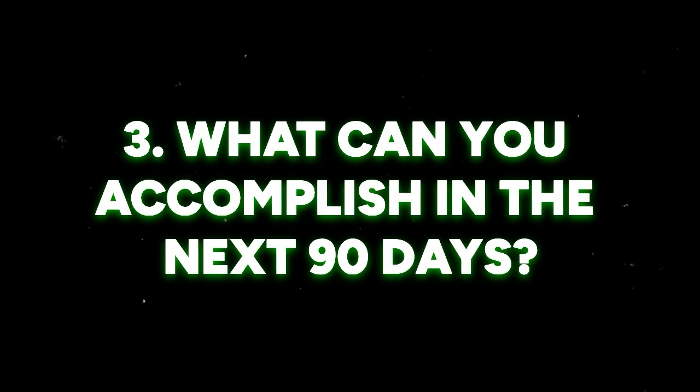Which brings me to my third and final point for the action plan: what can you accomplish in the next 90 days? Because the action plan should be achievable within the next 90 days. So, what actions can you take in the next 90 days to either hit your goal or to make significant progress towards your goal? Ideally, you're not looking at more than say 2 to 3 actions that you're consistently taking to hit that goal. And sometimes it's just one single action. You're focused solely on that one thing for the next 90 days.